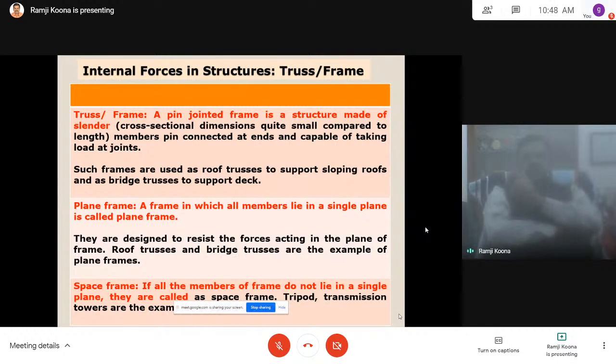Where beam and frame are concerned, a beam is subjected to load in the transverse direction, perpendicular to the axis. Earlier it was parallel to the axis, now it is perpendicular to the axis. When the load is acting perpendicular to the axis, you have a shear force and bending moment, or a slope and deflection. Kinematic quantities, or forced quantities like force and moment, or kinetic. Now a beam is subjected to shear force and bending moment, 2 degrees of freedom. But a frame is a combination of a bar and a beam, or a truss